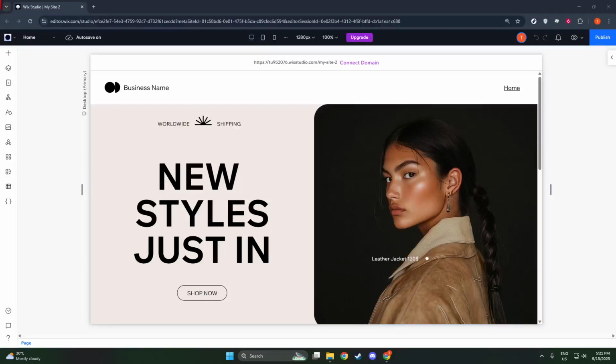In today's video, I'm going to teach you how to add an upload button in Wix. This is a useful feature if you want your visitors to be able to upload files directly through your website. Let's dive into the process, taking it step by step, so you can easily follow along and integrate this functionality